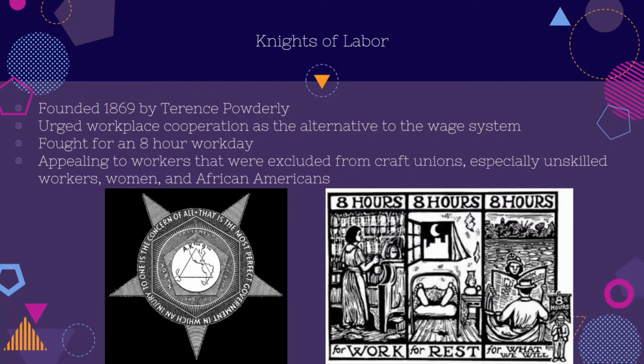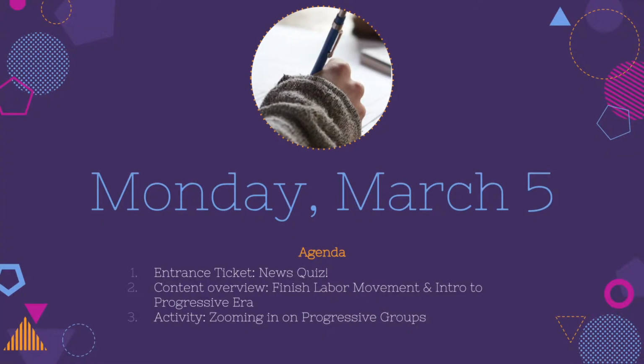greater likelihood of return. In general, the Knights of Labor advocated an 8-hour workday, and that could be a reduction of quite a bit of time. There were many working class people that saw as much as a 16-hour workday, and that included some children. And in general, the Knights of Labor was inclusive, and that meant that it accepted people of all races, of all labor skills, and women. So that allowed it to get quite large.